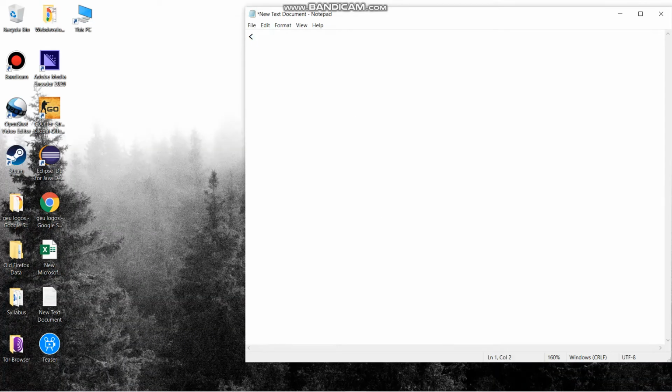In that Notepad file, we will write HTML, close HTML, two sections. First is head, and we will write frameset in the head tag. Inside the head tag, we will use title, then title closed.